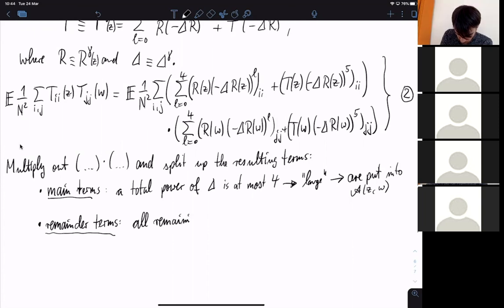I'll make it more explicit in a minute. All remaining terms, they will be small,